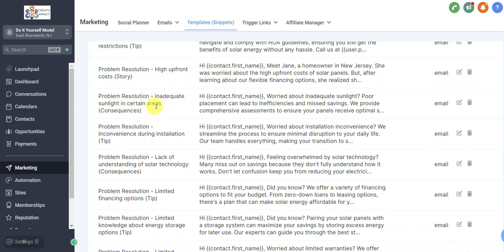Problem, inadequate sunlight in certain areas. And so ChatGPT created an email that would address that. And I put in a snippet. So how do I do that? So what I did is